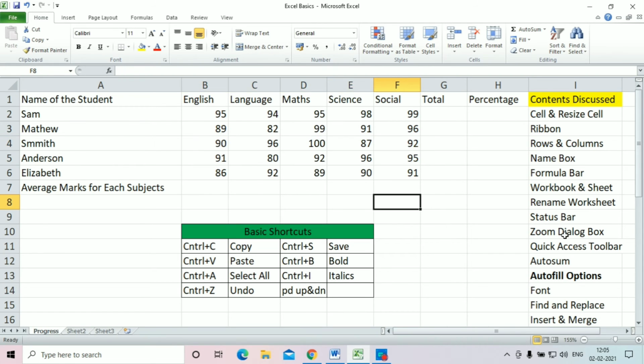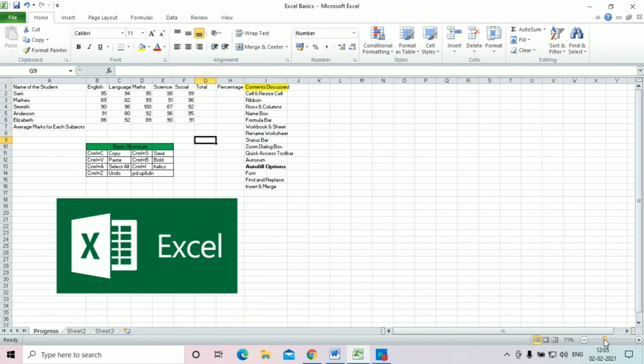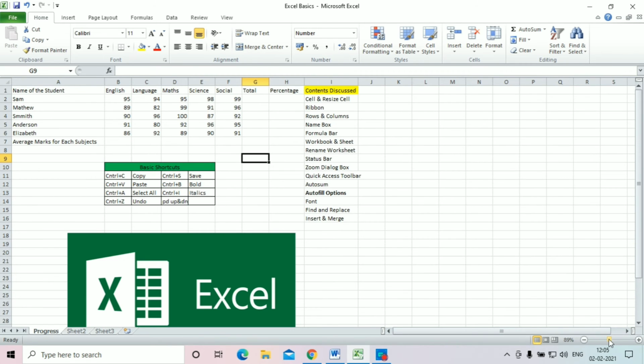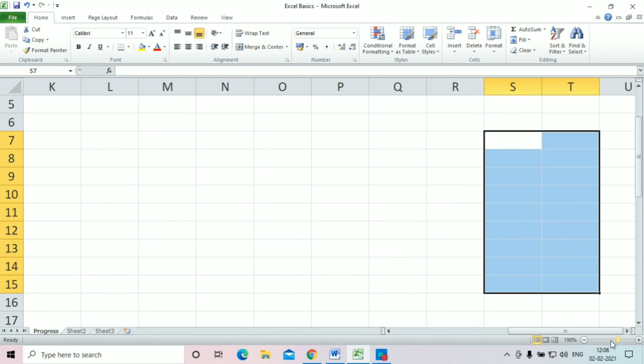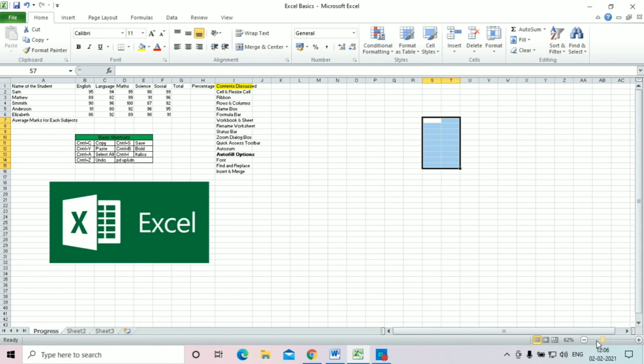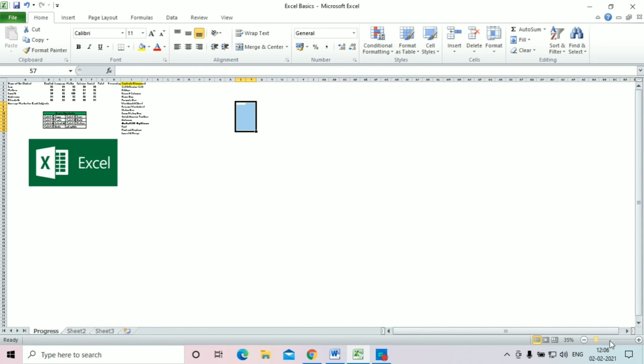So coming to the zoom dialog box, what is the zoom dialog box? It is something like, for example, when you initially open up an Excel, you will have a view like this, too many columns and too much stuff. So maybe you will not be able to look into it deeply. Some people have a large number of data, so they may be feeling overwhelmed, and so on. So for a perspective view, what they do is they just unzoom everything.